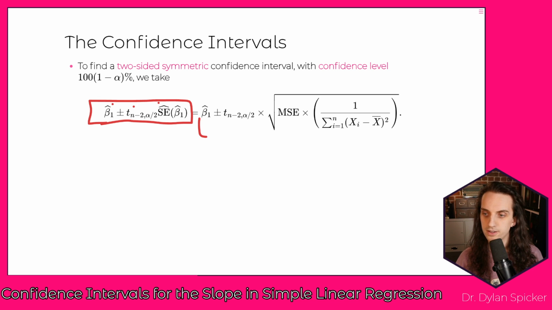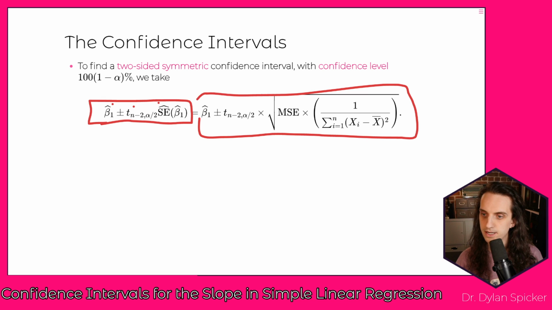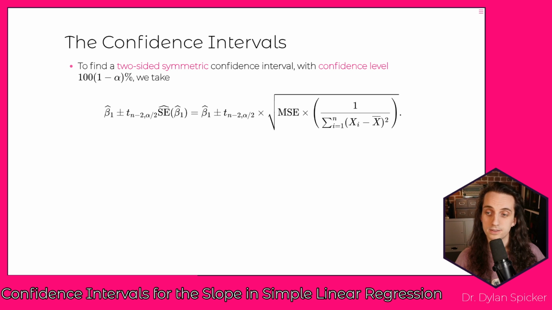Okay. If we fill out what this is explicitly, that's going to be beta hat 1 plus or minus t n minus 2 alpha over 2. That's the critical value from the t-distribution. And then that's the estimated standard error. So we have the MSE plugged in, and otherwise that's the square root of the variance term that we saw in the last slide. This is going to be the format for any two-sided symmetric confidence interval. So it's always the point estimate plus or minus the critical value times the standard error. And in this case, we just simply plug in all of the values that we have from our